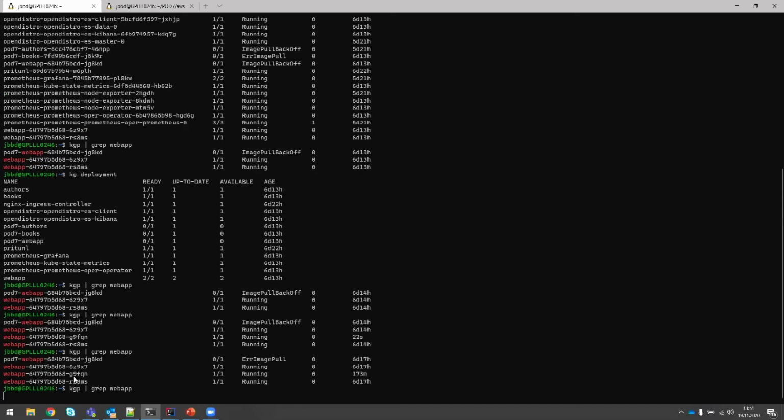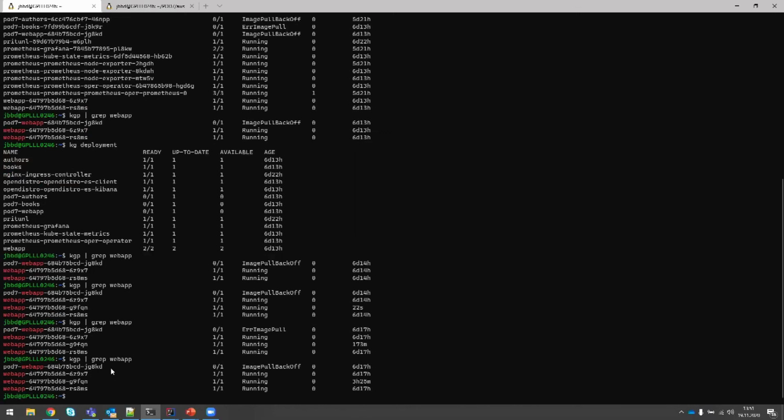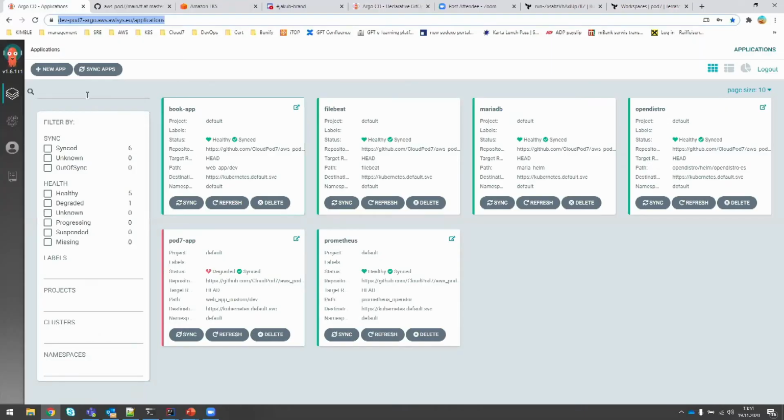For instance, here I'm just using the kubectl command to list a pod that interests me in a certain web namespace. It's called web app. I know the application is ready there. And how does Argo actually look? On the main screen, you will see the ready deployments on your Kubernetes cluster.